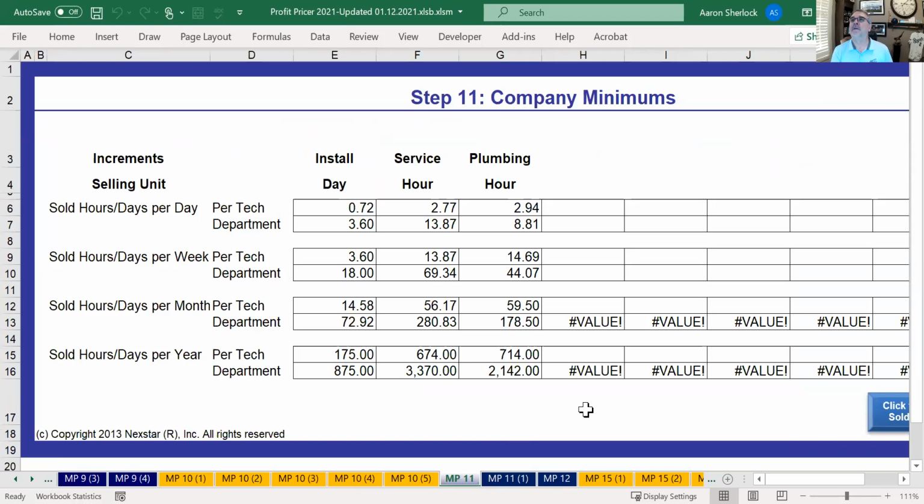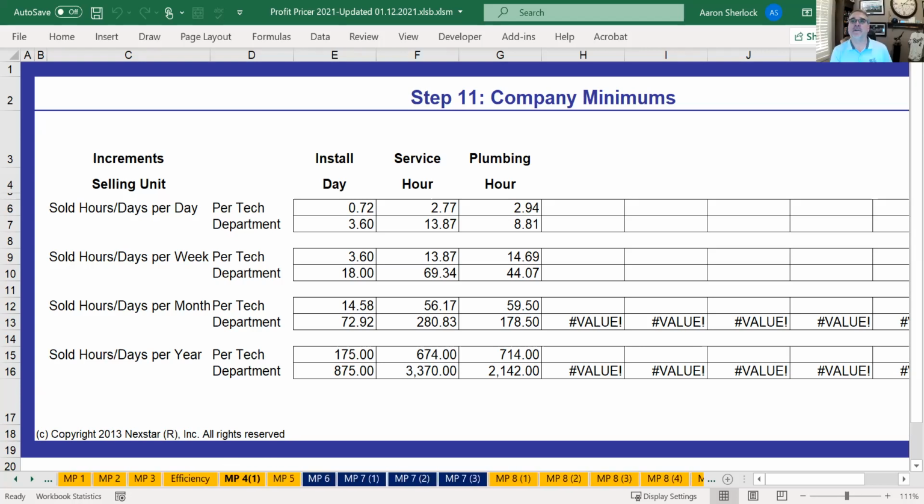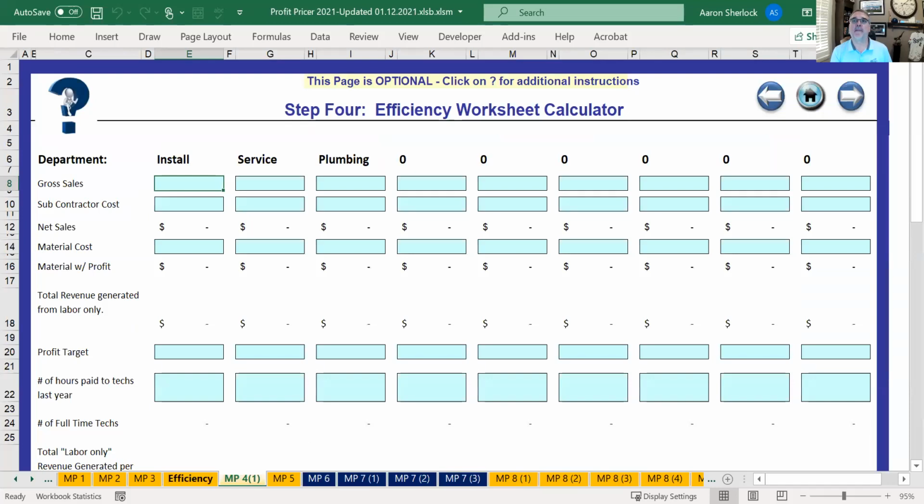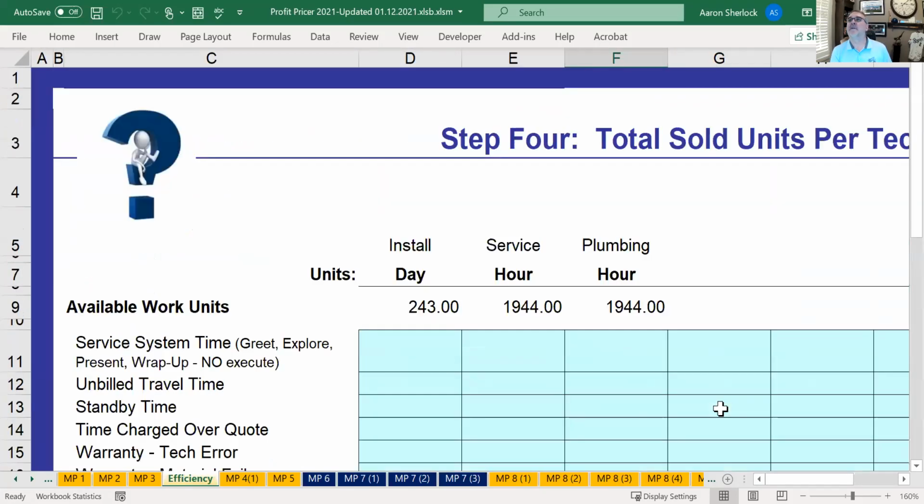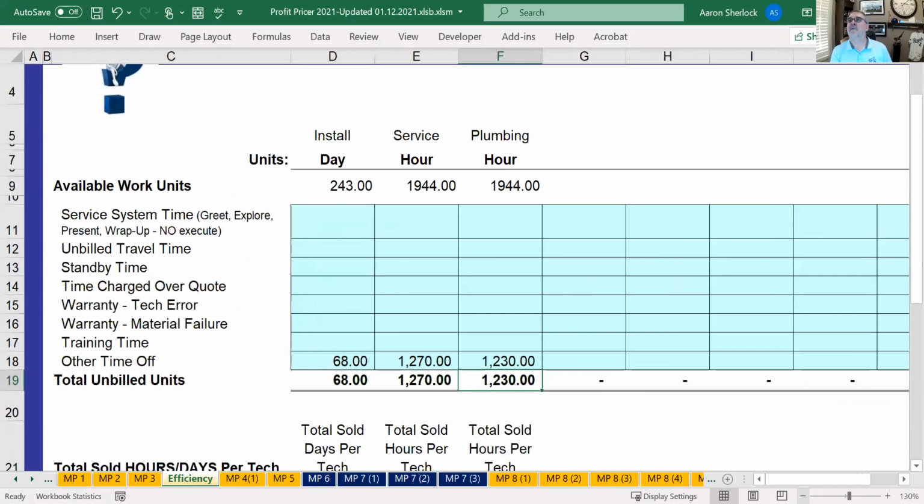Okay, MP11 is now showing you're like 70% for a day. So go over to MP4. MP4-1, I guess. Okay, before, sorry. No, you're fine. MP4, yeah, efficiency. Hit the efficiency tab. Okay, so you're scrolling down. You're set up for a